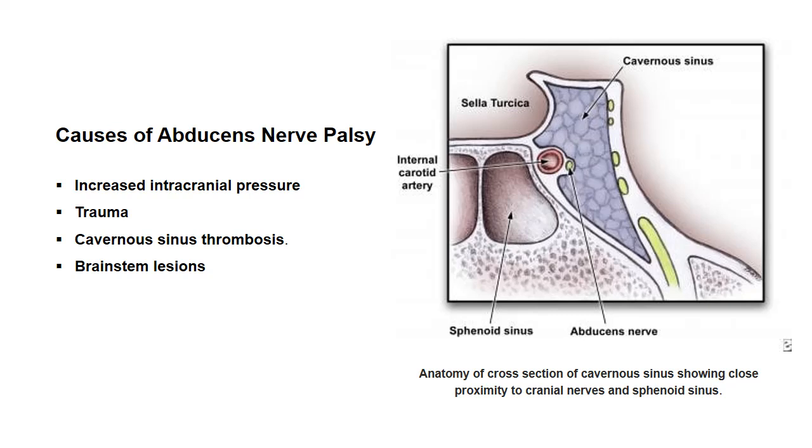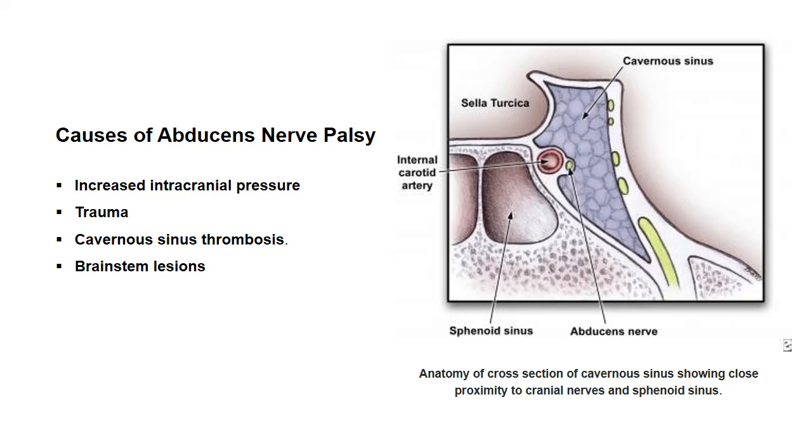The image on the right side shows a cross-section of the cavernous sinus illustrating proximity to the cranial nerves, which is why these nerves may get affected in the cases of cavernous sinus thrombosis, a lethal complication of some maxillofacial infections if not treated properly. To conclude, the abducens nerve or sixth cranial nerve plays a crucial role in the eye movement